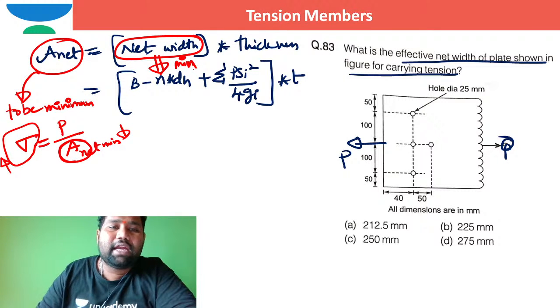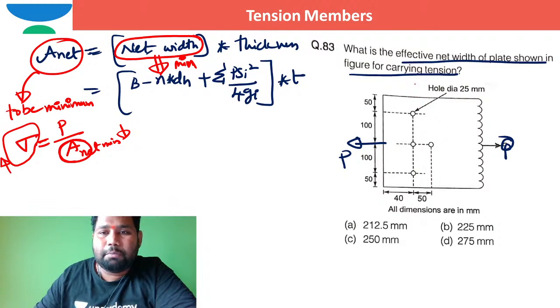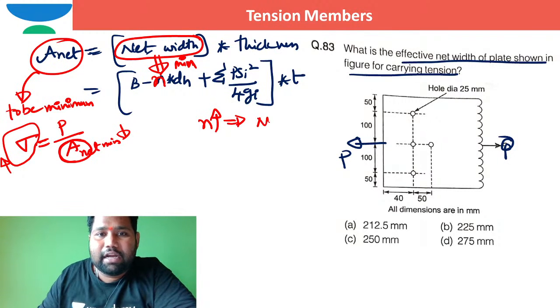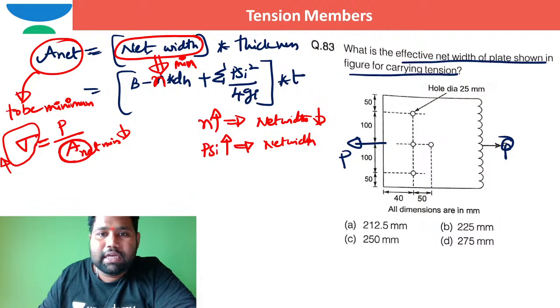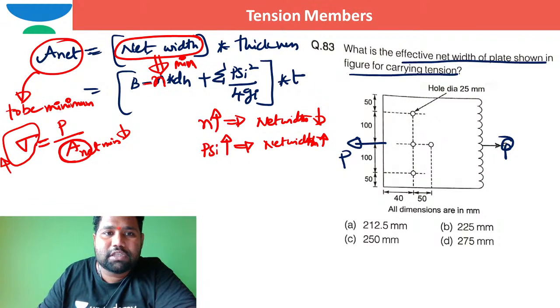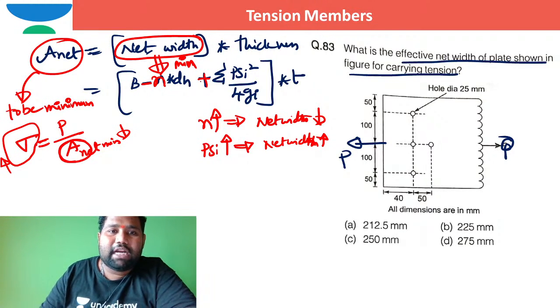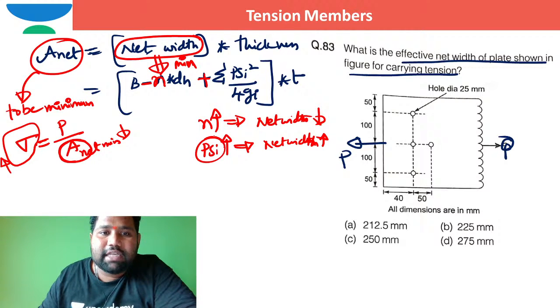How can you make the net width minimum? The best possible way is to maximize the number of holes. So when n is increasing, the net width decreases, and when the pitch is increasing, obviously the net width increases. From this formula, this term is minus, this is plus. Net width will increase when the pitch increases. When the number of holes increases, net width will